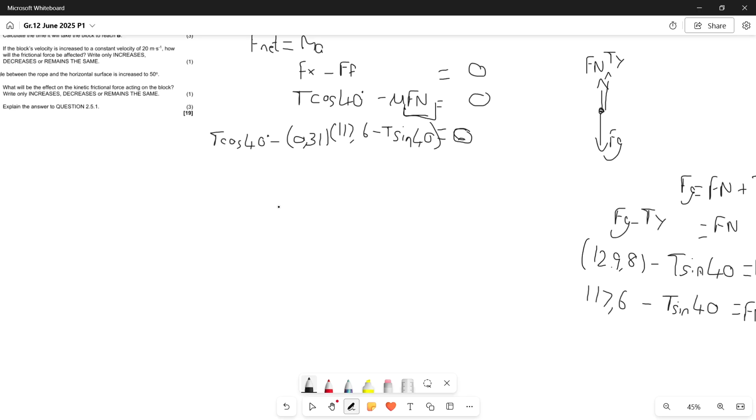So cos 40 equals 0,766 T, never round off until the end. So that's why I'm just putting the dots here, minus sine 40 is 0,64278 T. 117.6 was here, and then we still have our 0,31 to distribute into both of these. Okay, so at this stage I'm going to distribute the 0,31 to both of them, and this equals 0,31